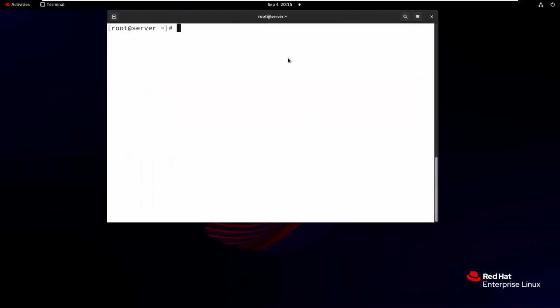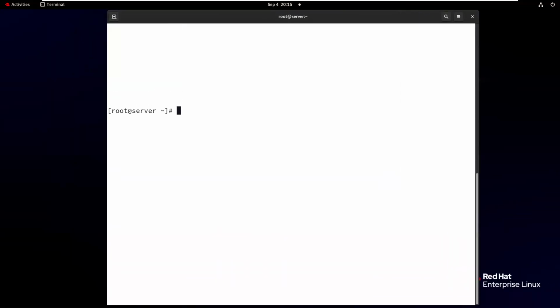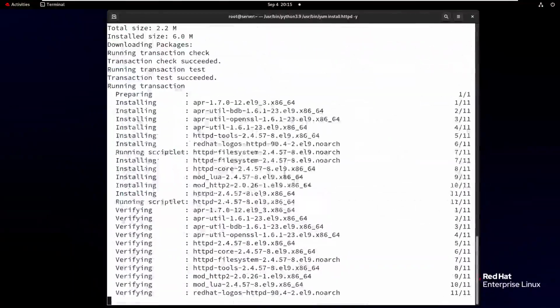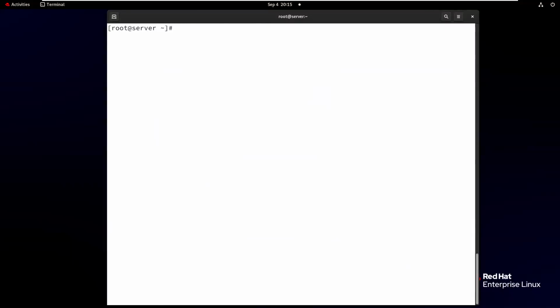In the server, first everyone install the httpd package. Now it is installing the httpd package. Now the package is successfully installed.